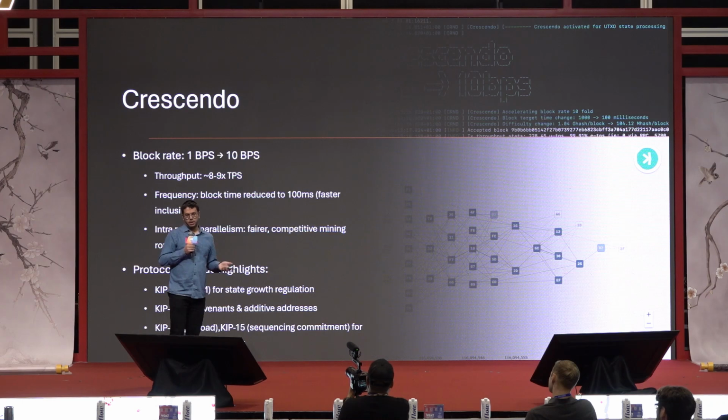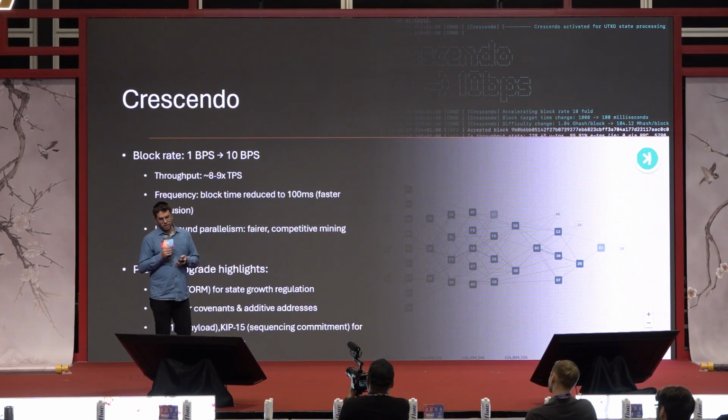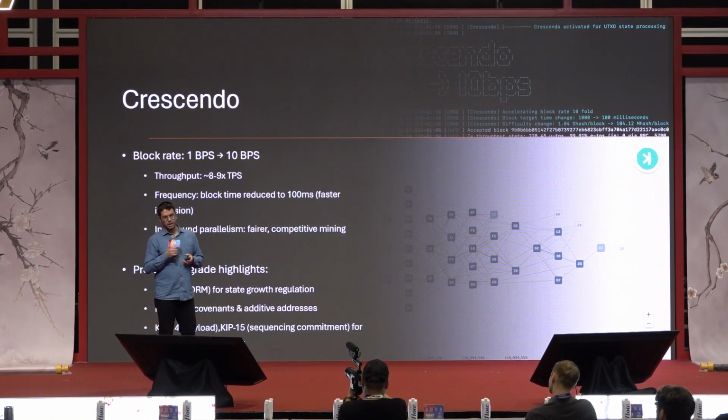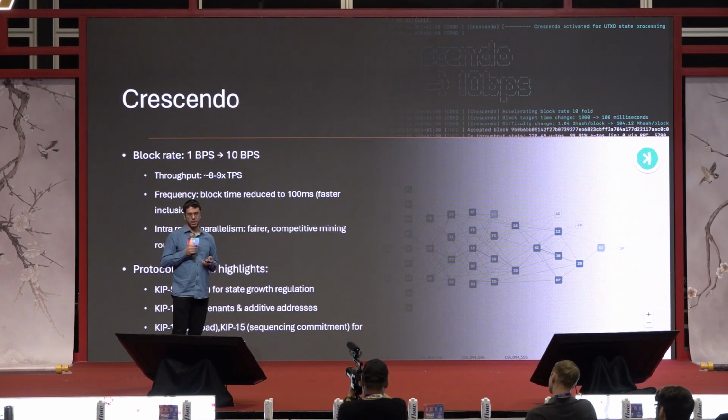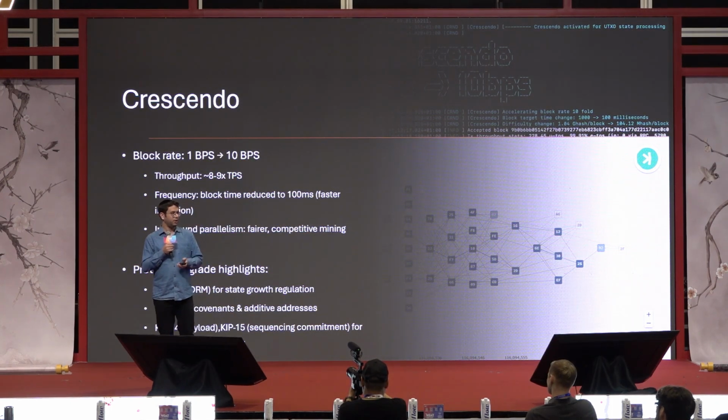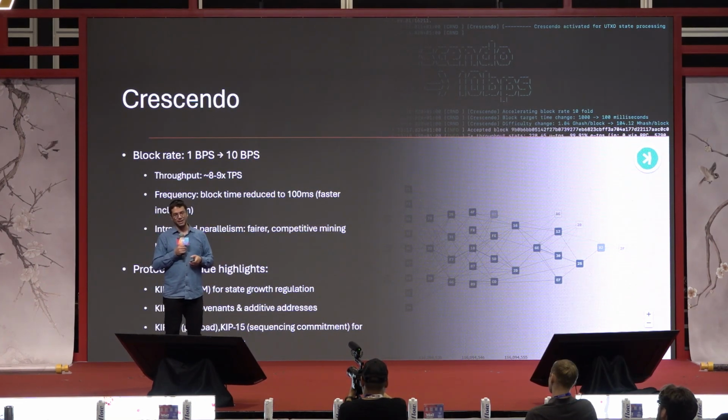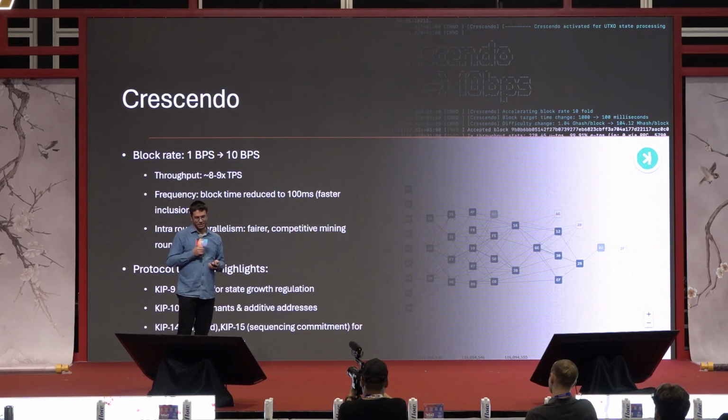Yeah, so increasing the block rate also means you increase the frequency of the system. The system is more responsive. You don't mine 1 block per second, you actually mine a block on average every 100 milliseconds, which is probably the closest you can get to humans' perception of a blink of an eye. Transactions can be included almost instantly, continuing to fulfill I want to ping my internet money and I want it to pong me back as fast as possible, as coined by GhostDAG.